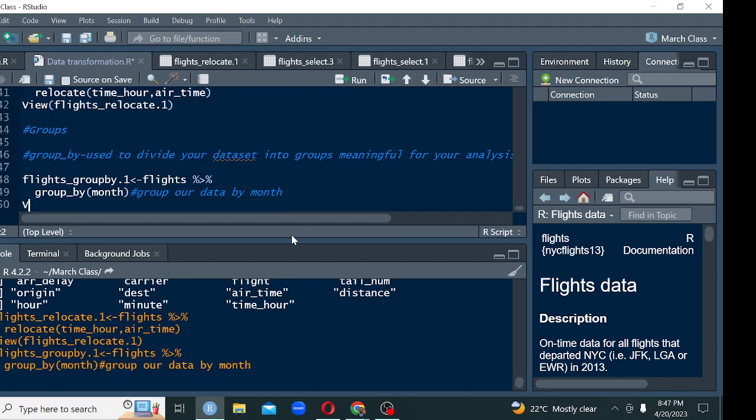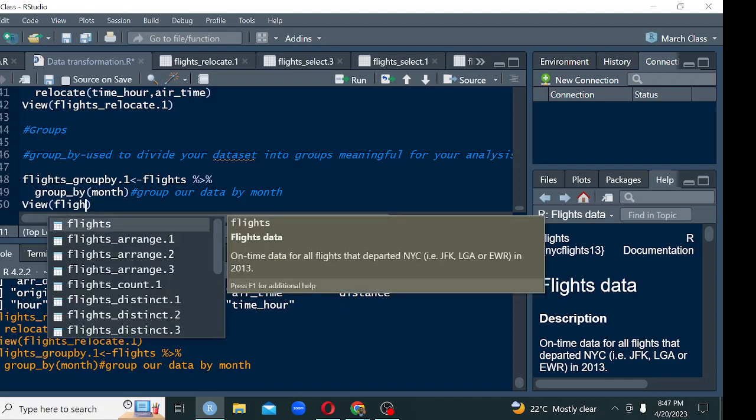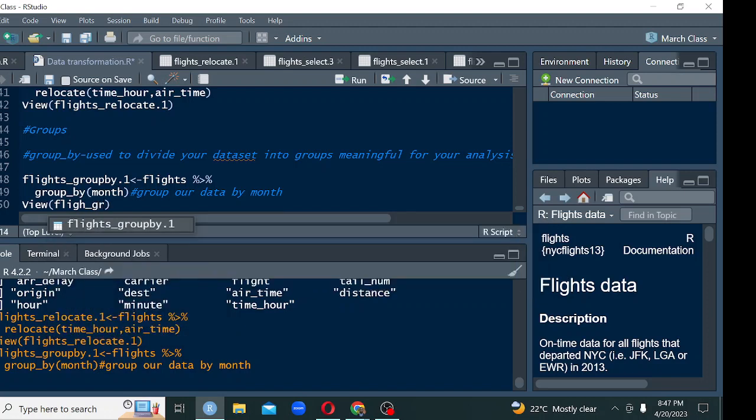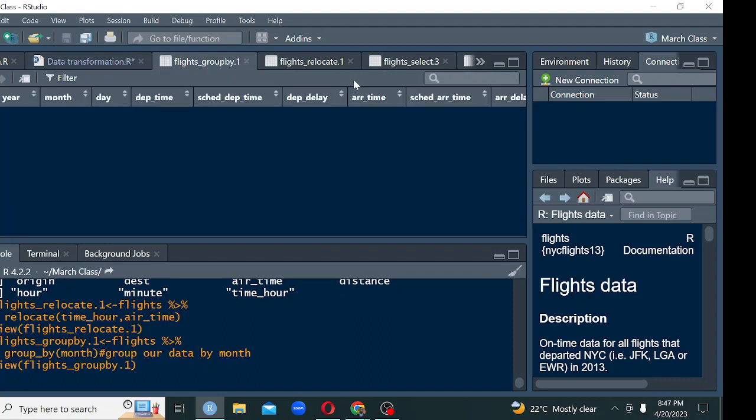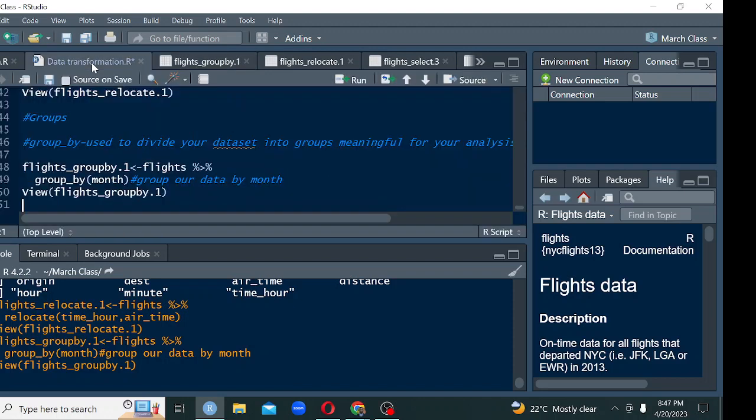So when we view our data, it is now called the flights underscore group by. Is month. So you can have those that happened. I think it is because the data set is very maybe large, and maybe that's why. But what it does, when you group by months,